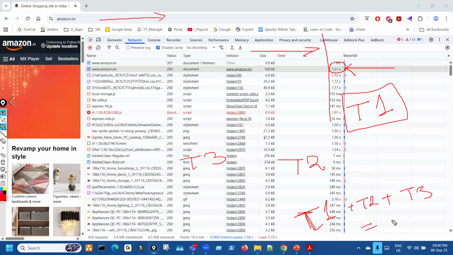So whatever the time we get, that is called end-to-end response time. Okay, end to end. Response time or complete response time also you can say. So you see there are three response times. Now the first one is here